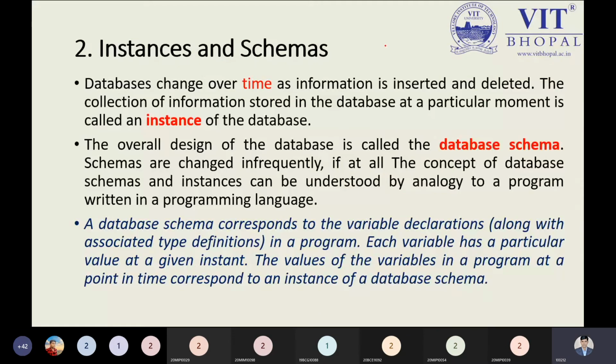Instance and schema tell us the moment at which you are performing some operation. I'm not going into detail over here. I'm not reading each and every point. I'm just giving the summarized points, and I have put the content here for notes purposes only. At one moment I'm trying to insert or delete my record, or I'm trying to update my record. Just like an example,